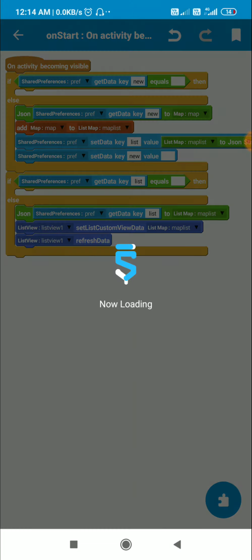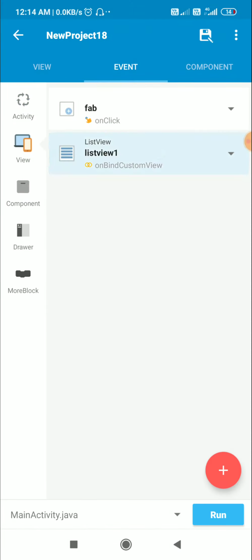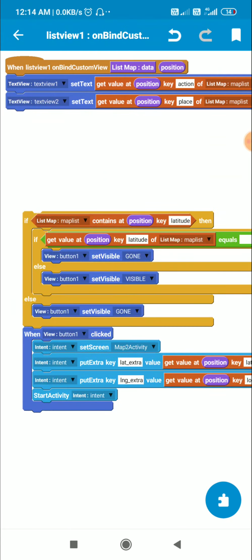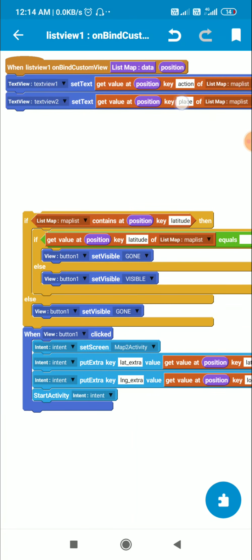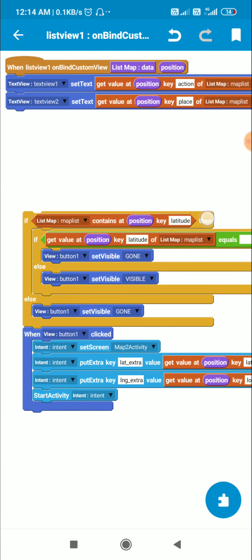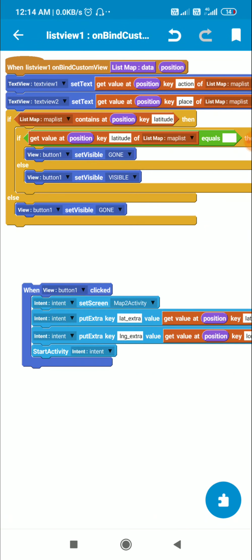Now for displaying this in list view 1, I have this on bind custom view event. Here in text view 1 I display the key action of map list. In text view 2 I display the key place of map list. Then for the latitude and longitude I do not display them, it is only used for viewing the data.